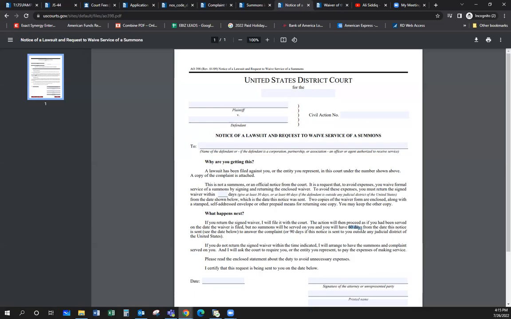All right? 21 days, maybe they can't get it done in 21 days because they're just so busy or something, and boom, you can get a default judgment. So it just depends on what you're trying to do. But anyways, this one gives them 60 days instead of 21 days to either file an answer or to file